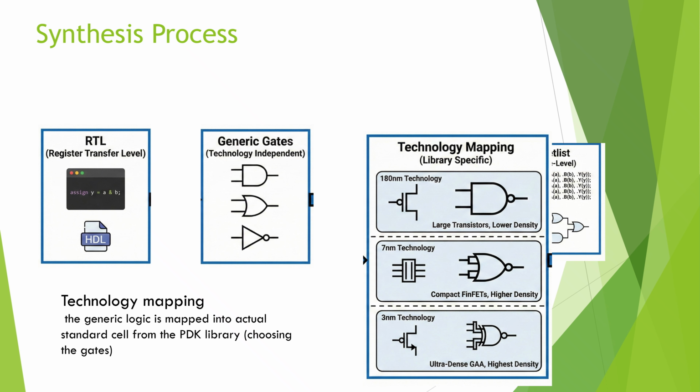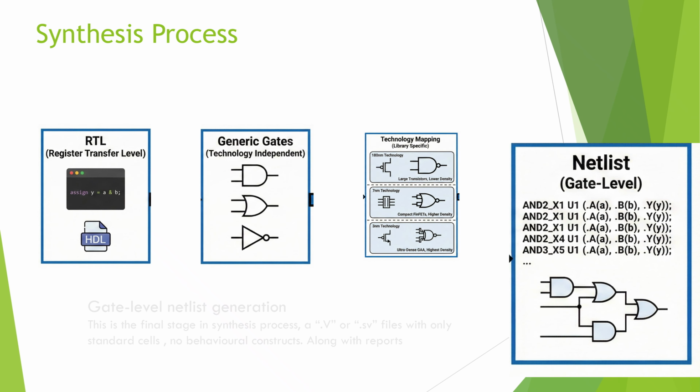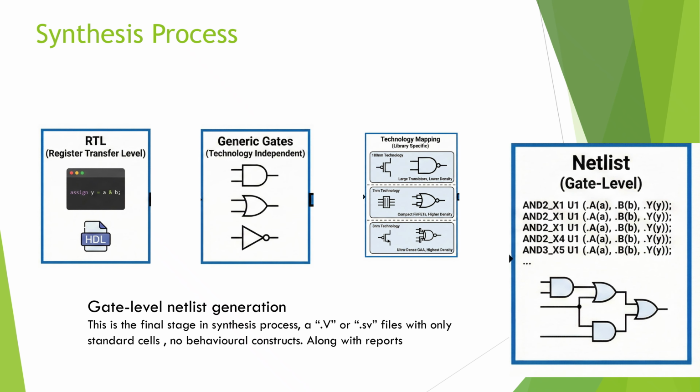After technology mapping, we generate the final gate-level netlist. This netlist describes the design entirely as a network of standard cells and wires. There are no if statements or case statements anymore, only cell instances and connections. So I can open that netlist and see every gate the tool has chosen, with actual cell names and pin